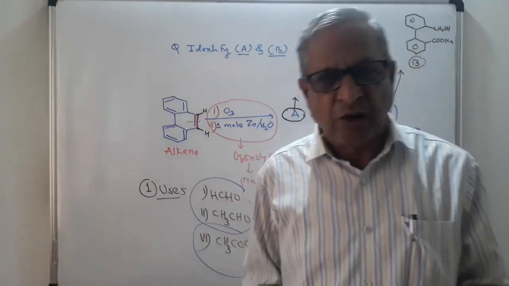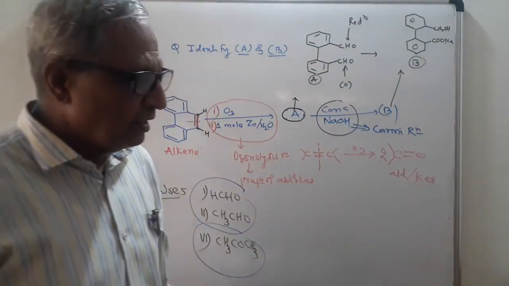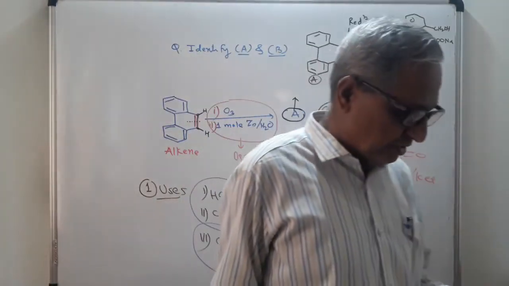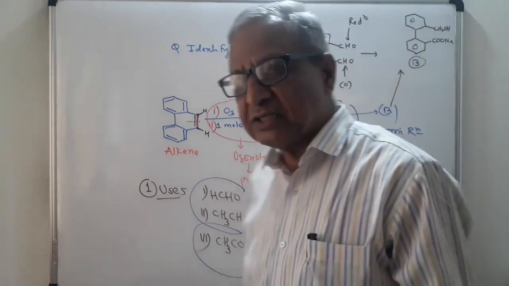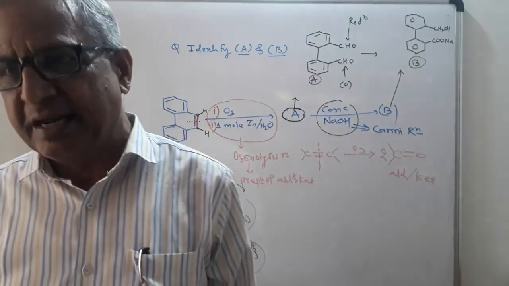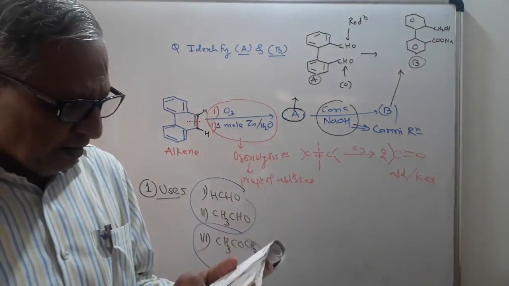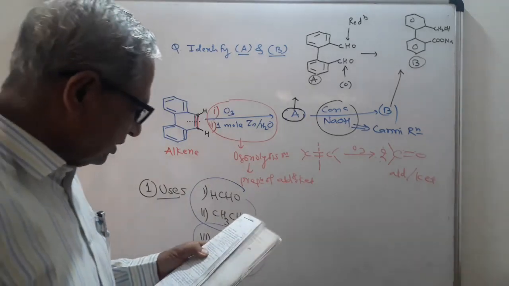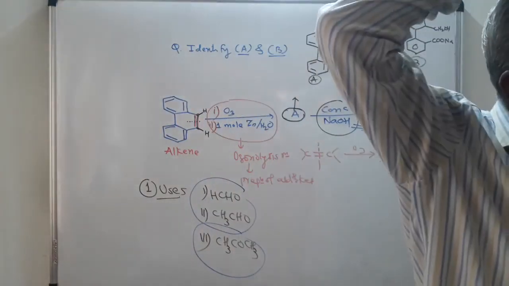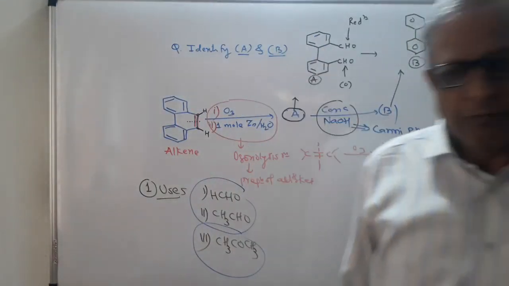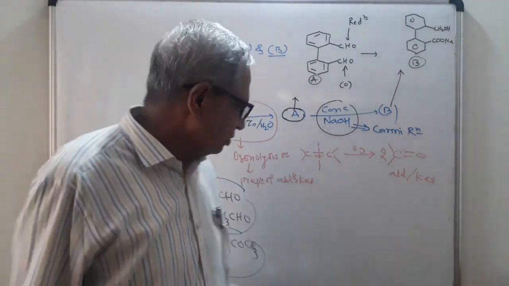See, the first is a theoretical point. Formaldehyde is used in the silvering of mirrors by the Tollens test. Formaldehyde is used in the preparation of bakelite, you know, the phenol formaldehyde resin. Then paints, and it is also used as a binder in polymers. It is also used as a disinfectant. You know formalin, 40% formaldehyde is known as formalin. It is used to preserve biological specimens. So these are the uses of formaldehyde.